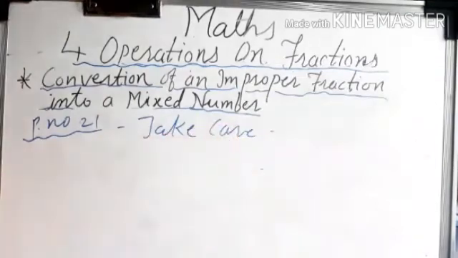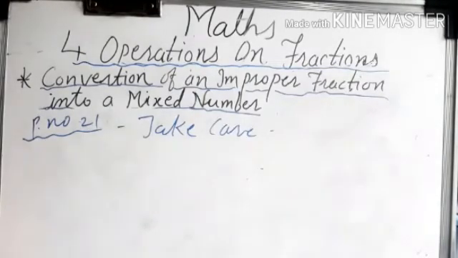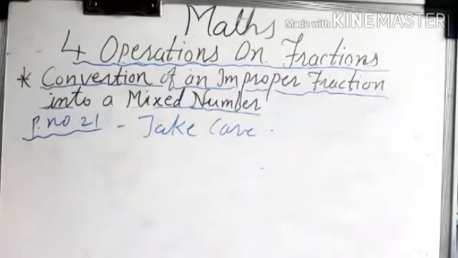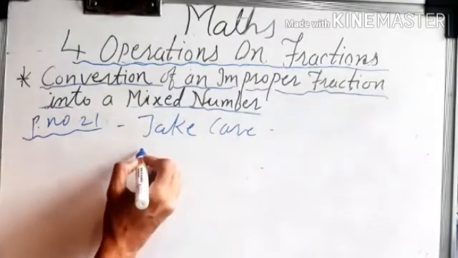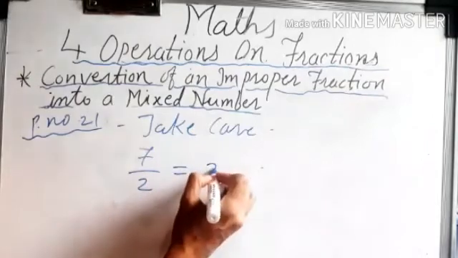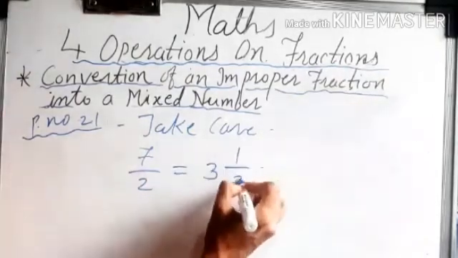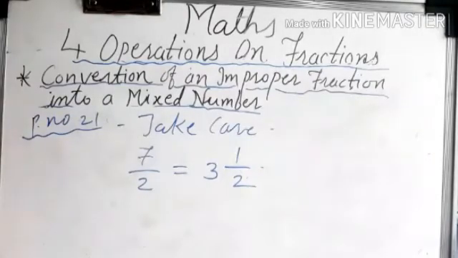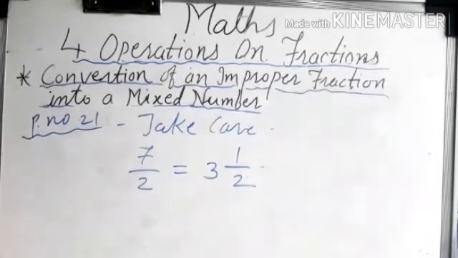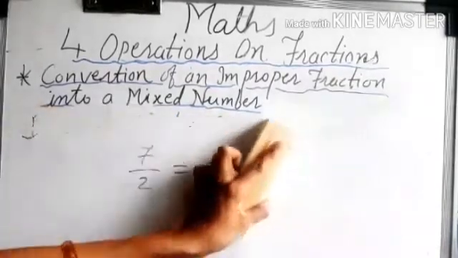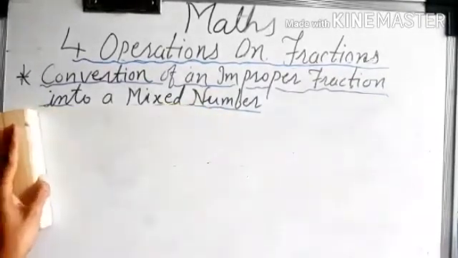So what is that? See, while dividing, we take care to see that the remainder is smaller than the divisor. As a result, in the mixed number, the numerator of the fractional part is smaller than its denominator. So I had solved 7 upon 2 for you. What answer came for that? 3 and 1 upon 2. So you have to remember that when you divide, the remainder should be smaller than the divisor. Okay, let's see one more example, then it will be clear to you. So this "Take care" also you have to write in your notebook.